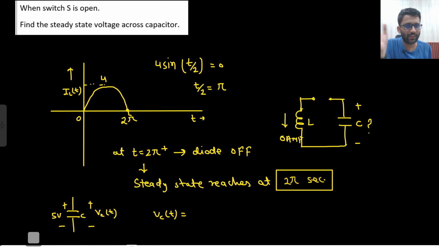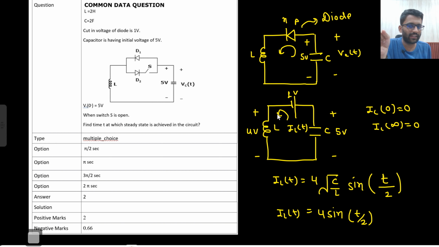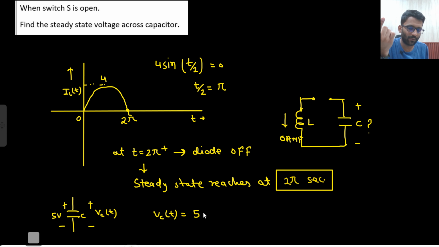What do we need to do? We need to apply the superposition theorem. So the 1 volt source we are not going to consider. There was no initial current in the inductor as well. So the initial voltage was 5 volts, and at steady state it will be 0. Because of this 5 volt source only, initially we will have 5 volt across the capacitor, and at steady state it will be 0. Why will it be 0? Because the 1 volt source is shorted and there was no initial condition here, so the complete circuit will be shorted and there would be no voltage. So because of this, we will write 4 cos omega naught t.